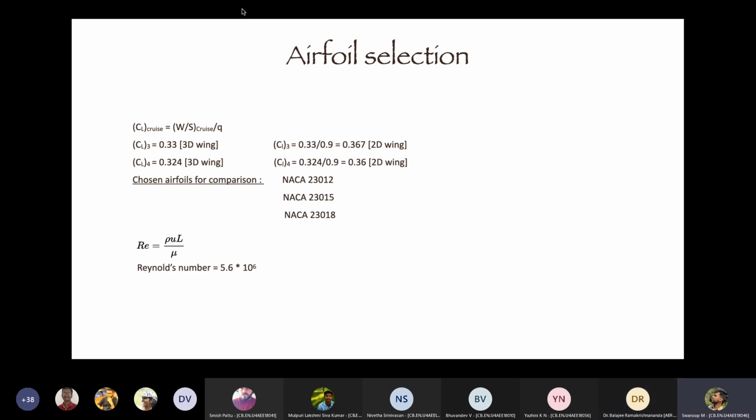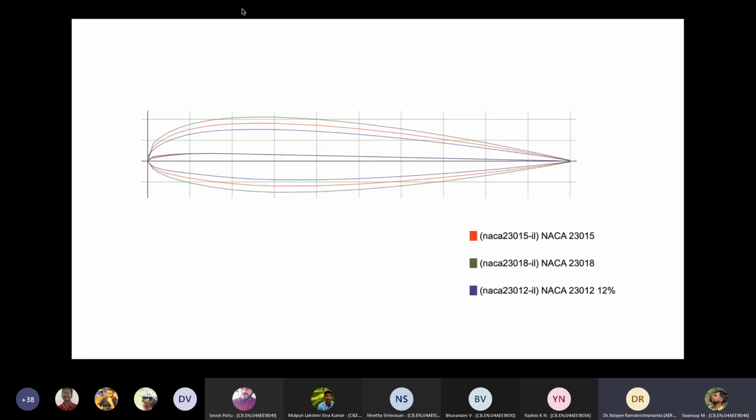For airfoil selection, for the comparison. Good. You took these three. Are they all 5 series, sir? Or 5 digit? Yes, sir, 5 digit. Any reason? What is the thickness of these airfoils? Sir, from 15 to 12. Great. Next one, 18 is there? That is 18%. The green one is 18% thick. Okay, yeah. Go ahead, please.